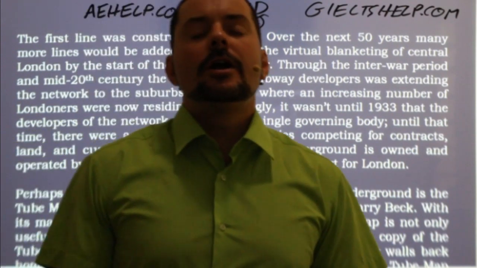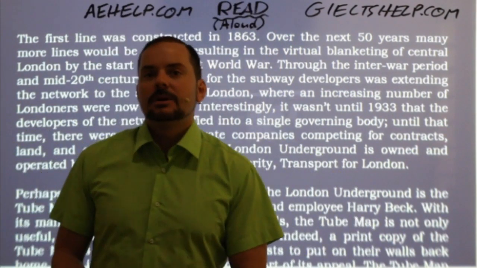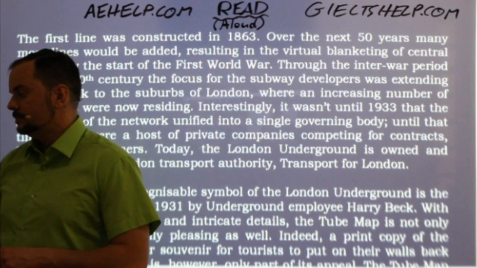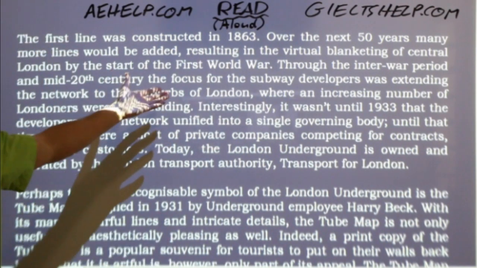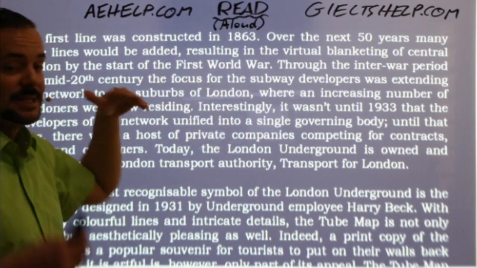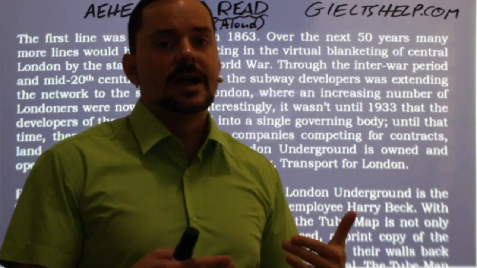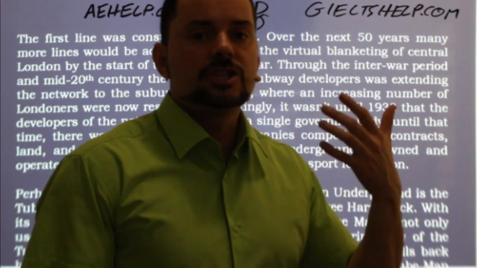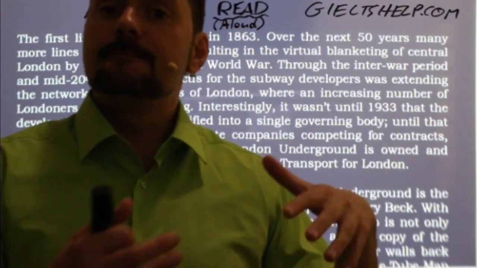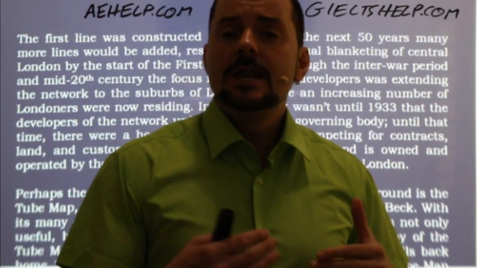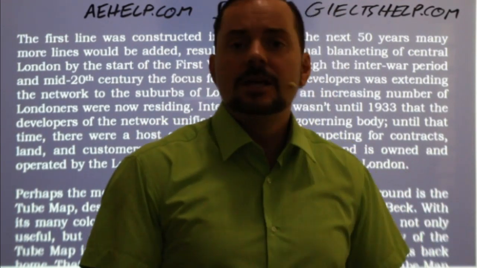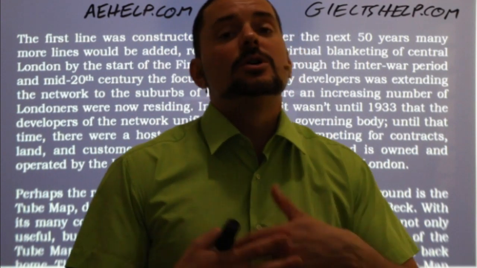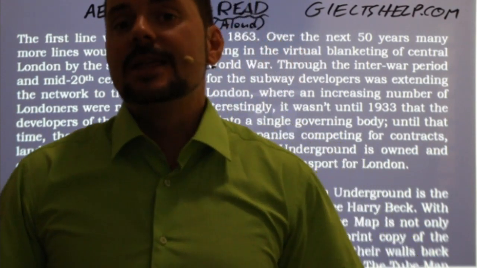What are we talking about here? What are we talking about in this paragraph? Clearly, we're talking about the history specifically of the London Underground. So the previous paragraph, the history of England and London, the importance of the Underground. Now the history of the tube itself, the first line, then its development,